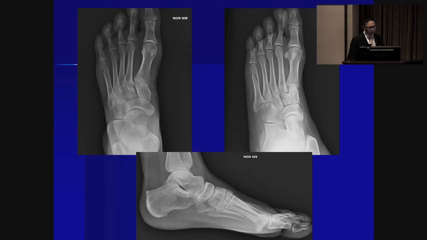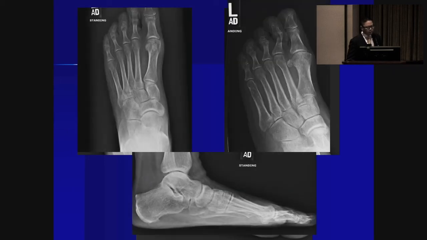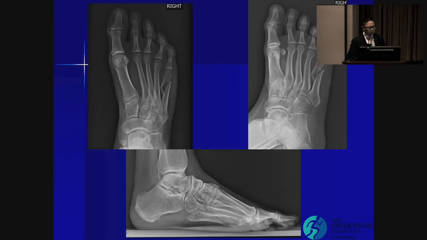Here's an example of a non-op case. This is a fifth metatarsal diaphyseal fracture, treated in a boot, went on to healing in about 4 to 6 weeks. But here's one, and I'm sure everyone's seen this film before. What do you do? Can you leave it alone, or would you fix it? I've done both, and I'm now leaning towards fixing these, only because